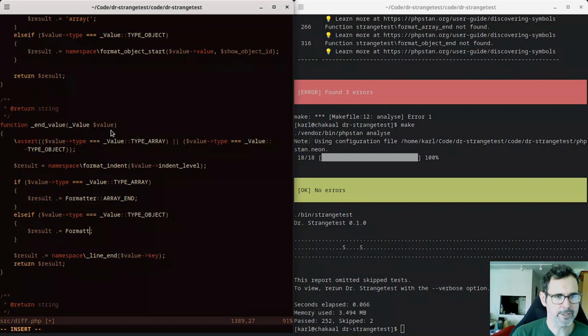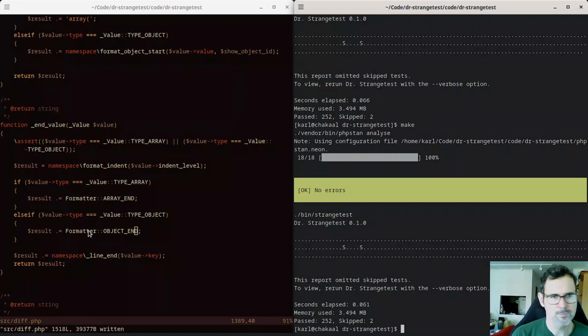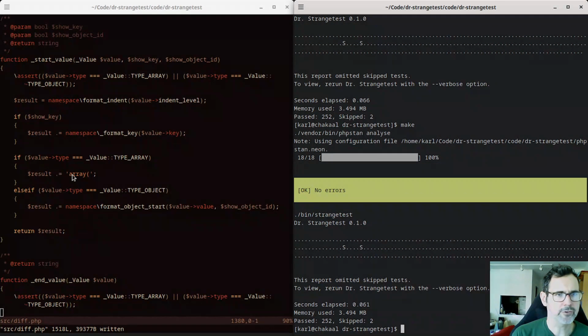This is going to be the formatter object end. And then we should have start value. This is going to be